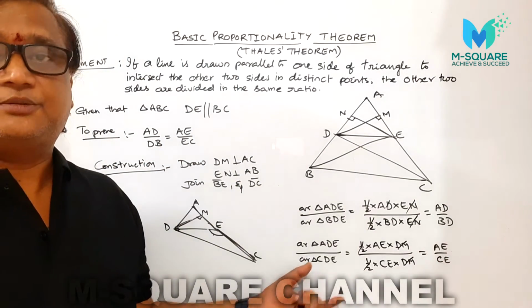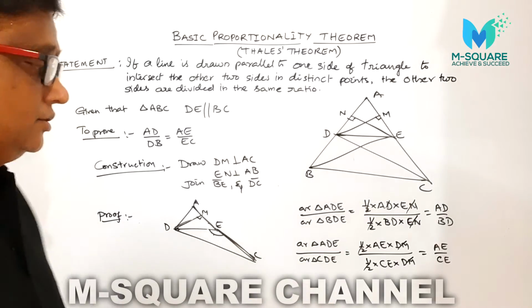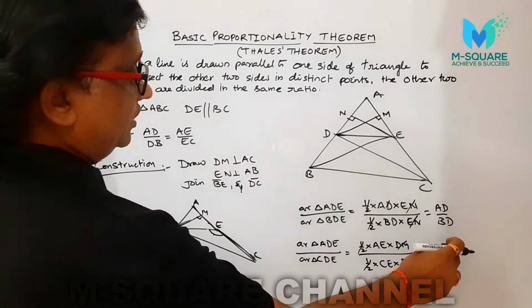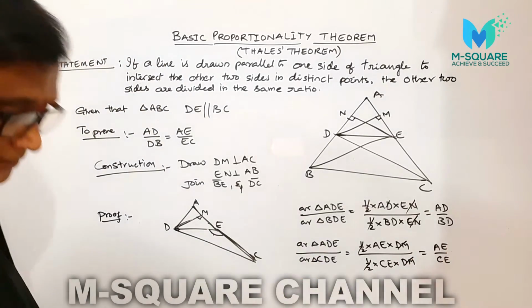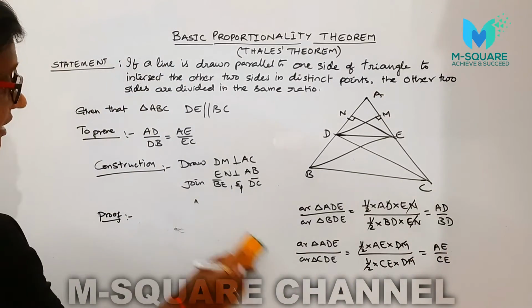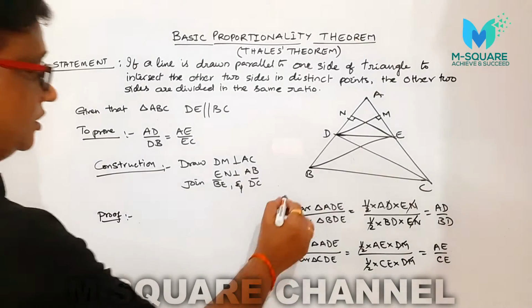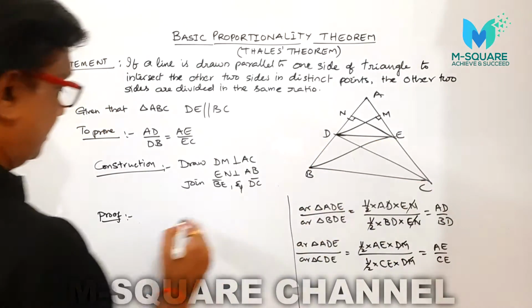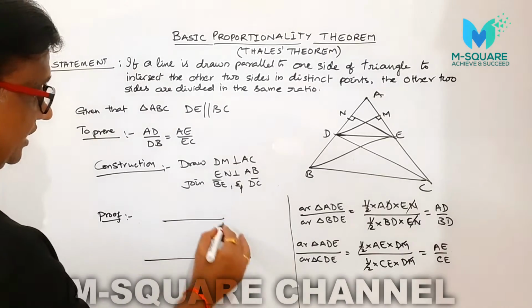This entire theorem is based on triangular area. So we are taking the ratio AD by DB equal to AE by EC. Now, how can you equal? That is the main point. How can you equal means, here if you take this part D like this,